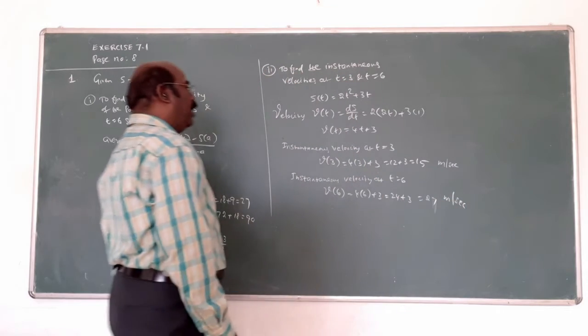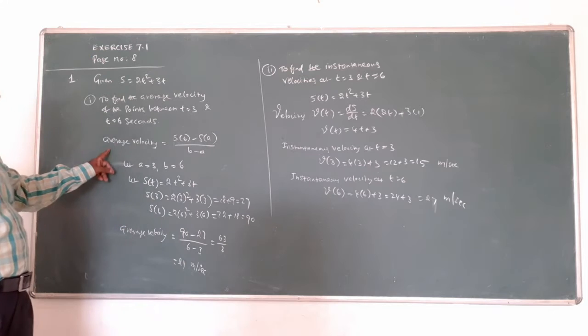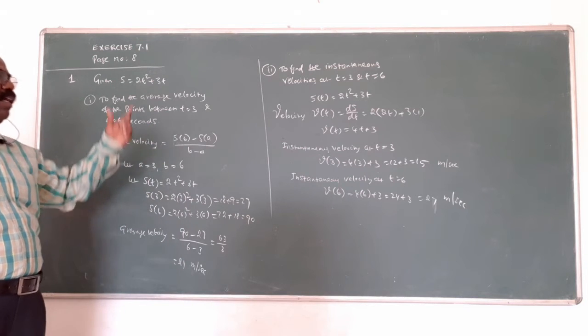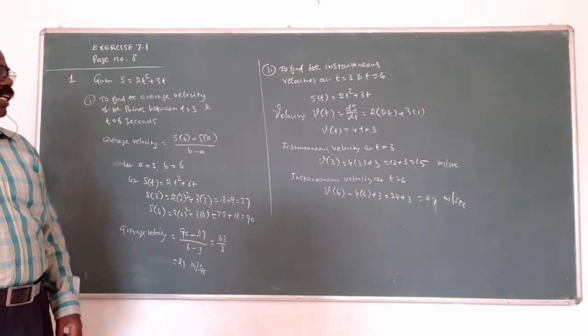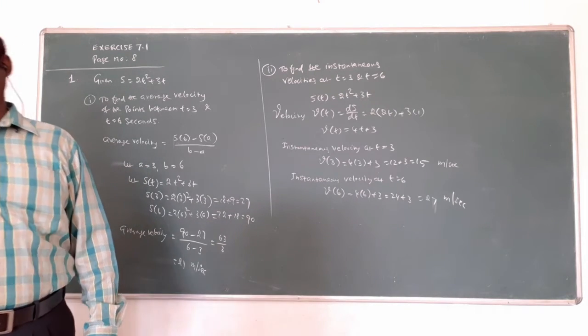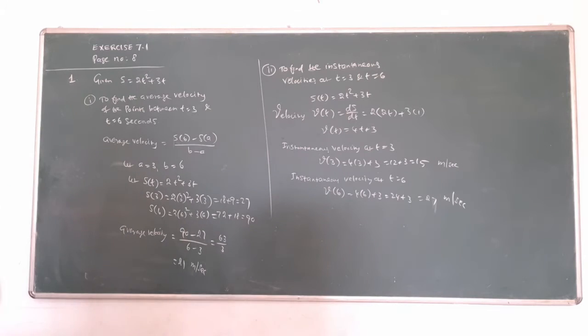Am I correct? So, small idea: average velocity, we have the formula, substitute the values. Velocity means meter per second. Afterwards, substitute t values 3 and 6, we get the answer. First problem over. This type of problem may be 5 mark or 3 mark. This is the application problem. In the first exercise, all the problems are only application problems. Read the question clearly. I wrote only the answer here. Refer the question in the book.